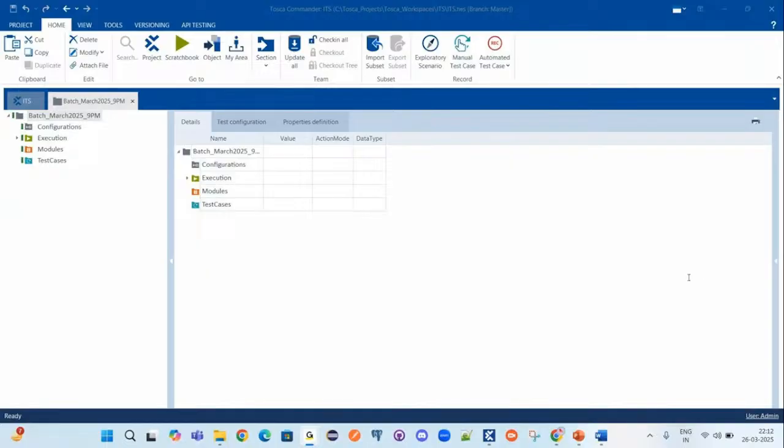Will the application be installed using a corporate email ID? So Satyaki, do you mean the TOSCA license, or what application do you mean? If it is TOSCA Commander, then for this we would just need some login credentials, and as I said, we will